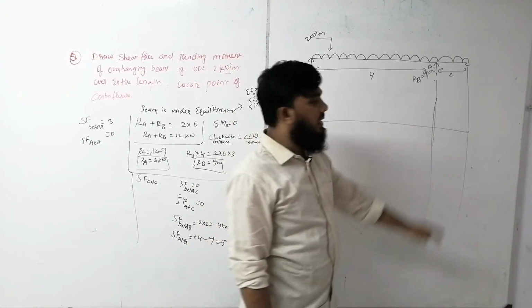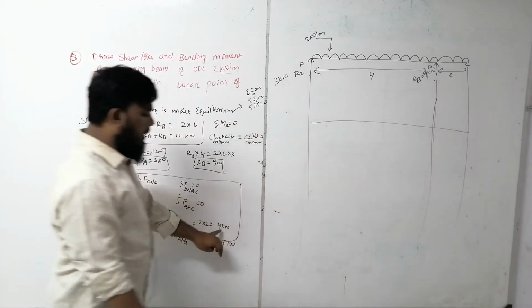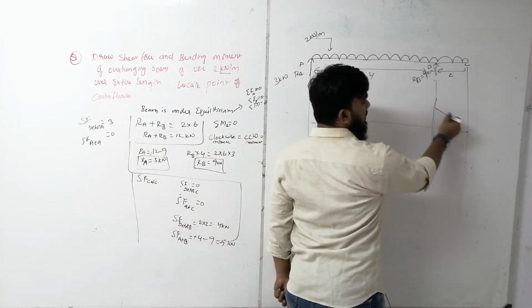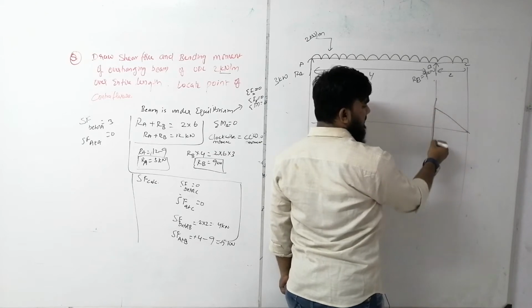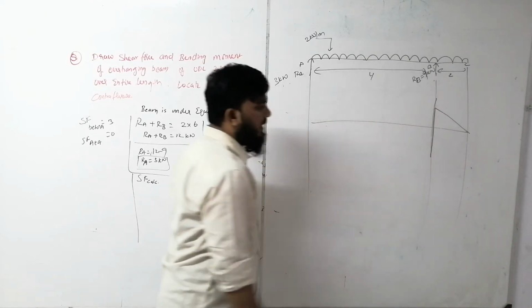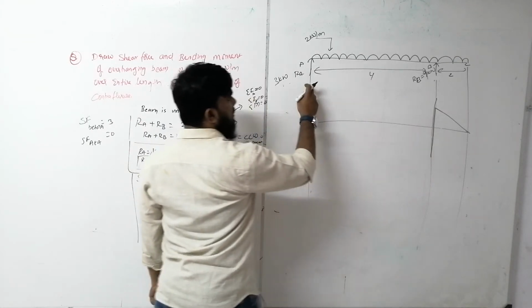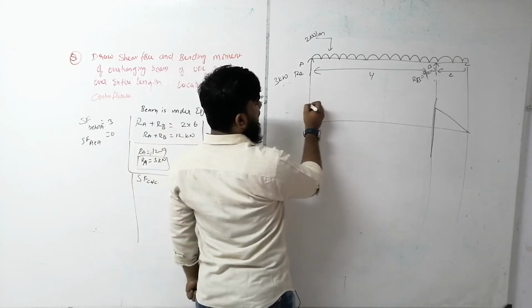Force at point C is 0, so we will keep this point 0. From here the value has risen to 4, so we will go to positive 4. So this we have to join like this. Again from here minus 5, we have gone to minus 5. From minus 5 again we have to go to a point 3, which is 3 newtons. So 3 newtons.